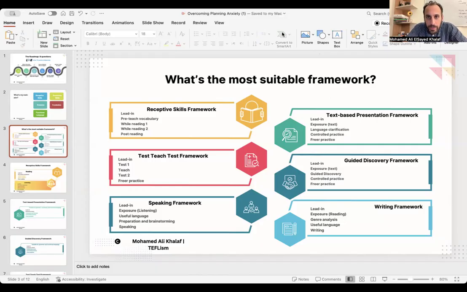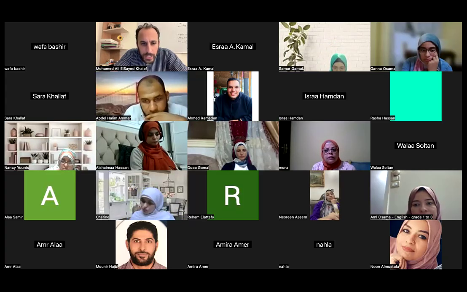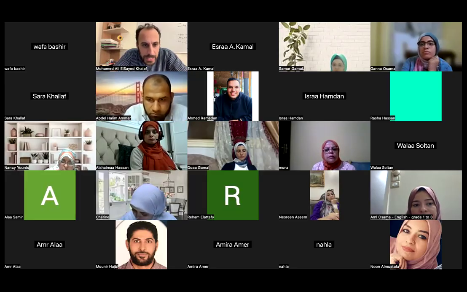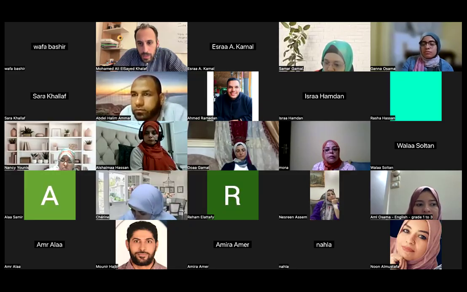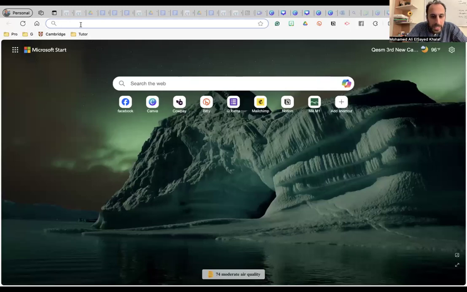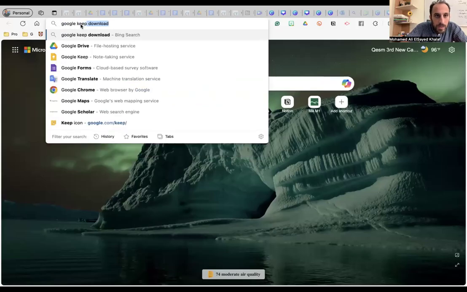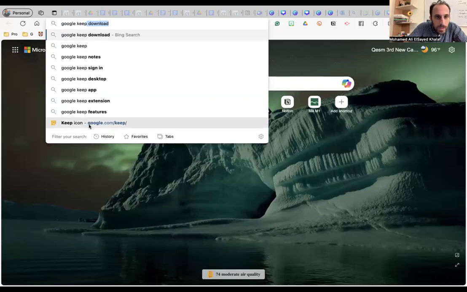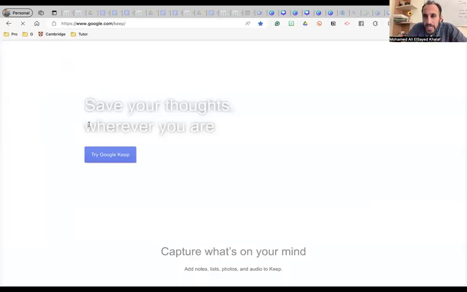What is Google Keep? Google Keep is a tool to take notes. See? Let me show you. Google Keep. I take my notes in Google Keep.